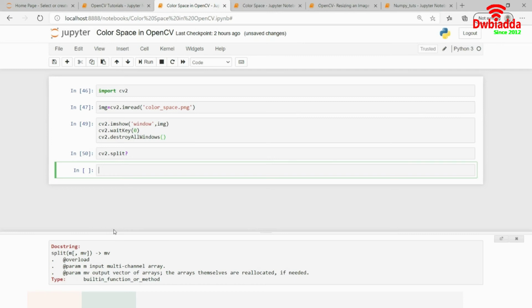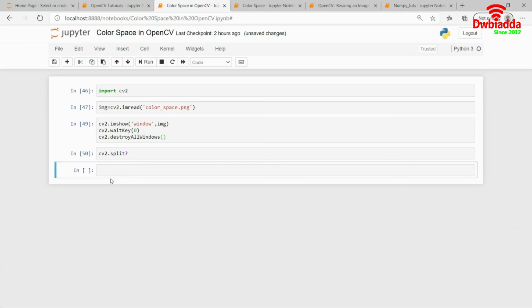So if I'm splitting for the blue part, and green and red are not present in the image, as in I'm only splitting the blue part, then only the blue part will be visible to me. It will be in the lighter shade, whereas all other parts will be in the darker shade, right? You will actually understand once I do this.